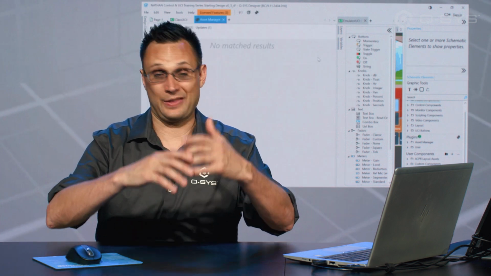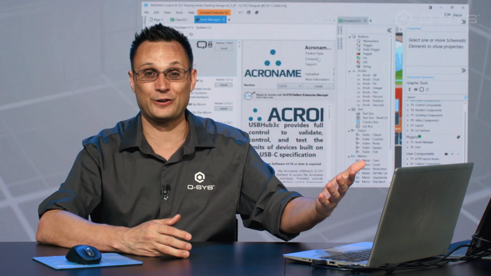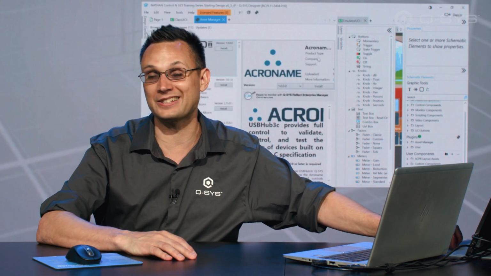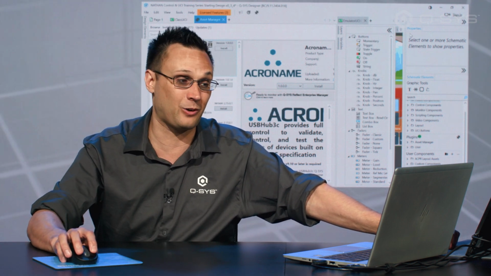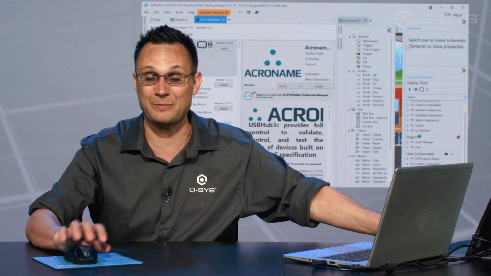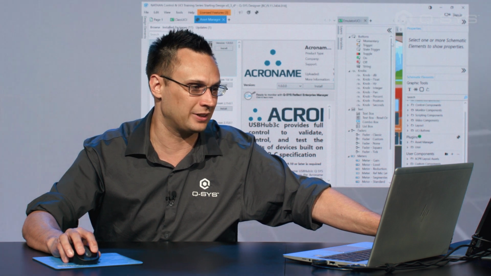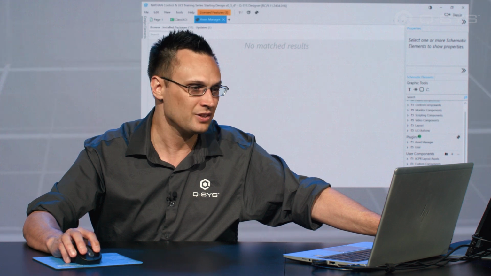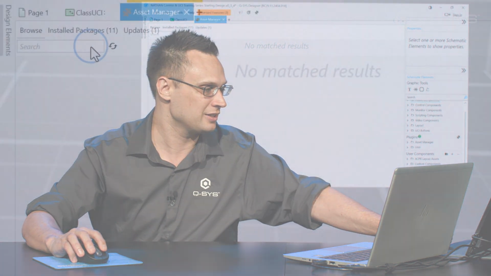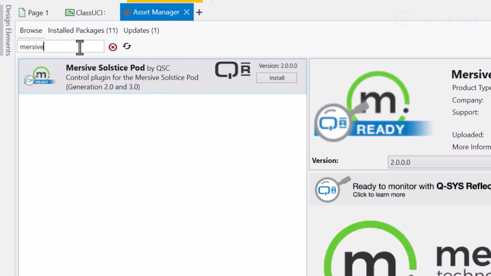It'll load up and populate with all the plugins that we've got. When the Asset Manager first started, there were like 12 plugins in there, and that was great. But now we've got so many more. And by the time you're watching this, there's probably even more. We've got teams of people that are always just adding more plugins. So we're going to search for the right plugin because I don't want to scroll through a long list to find it. I'm going to type in the word immersive into my search field. Immersive, I-M-M-E-R-S-I-V-E. There it is, Immersive Solstice Pod. Once it's